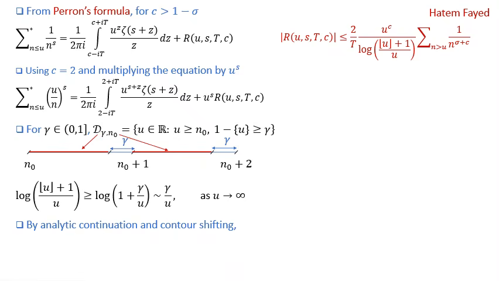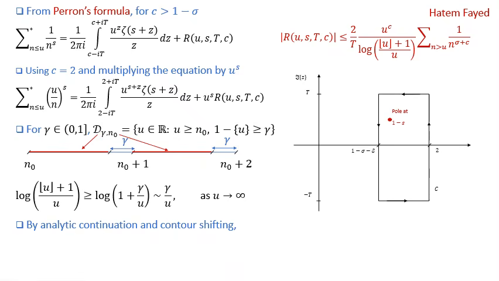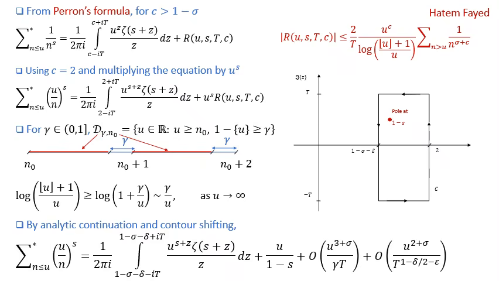Using analytic continuation and contour shifting, we can close this contour to move the vertical line from z equals 2 to z equals 1 minus sigma minus delta, where delta is a positive number that is less than 1 minus sigma. This way, the contour would have a single pole which occurs at z equals 1 minus s. So by the residue theorem, we'll get this equation